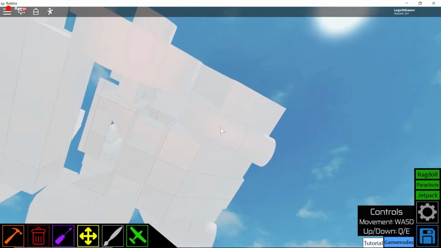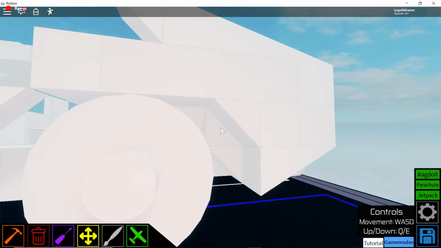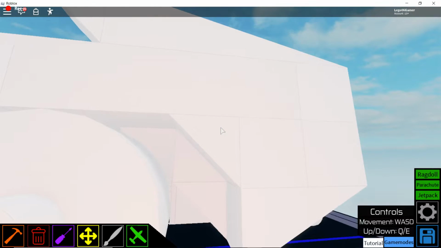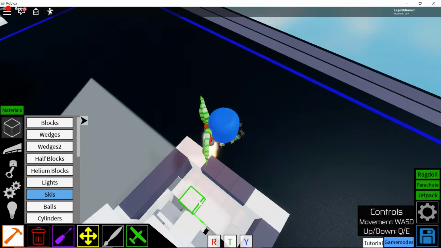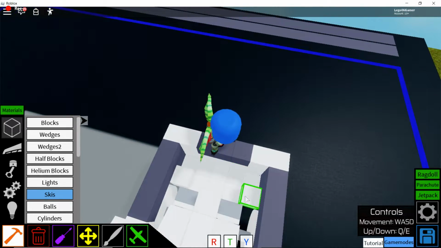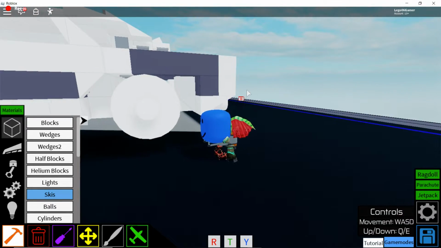So it's a wedge off the block there, and then a block on top. Okay. So it's a block on top of the wedges we put down here for the pipes. We're gonna put a block down on top of them, right there and there, and then inside,